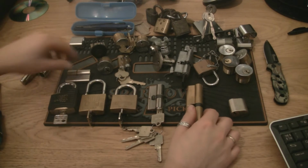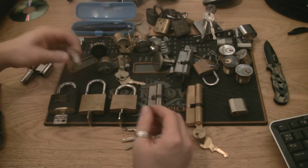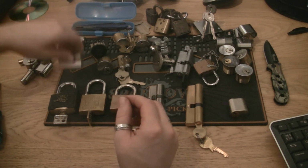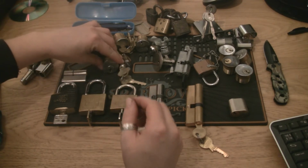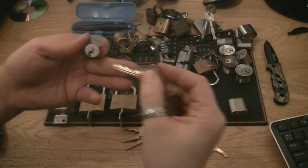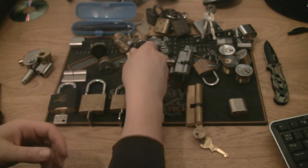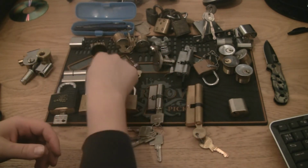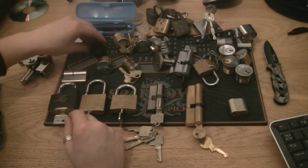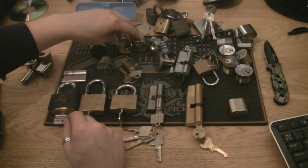We got a Mul-T-Lock 7-pin, a couple of Primuses, a Schlage Primus with good bidding, and of course the sidebar, one with key and one without. We got a smart key, adjust the housing. We got a couple of sergeants,